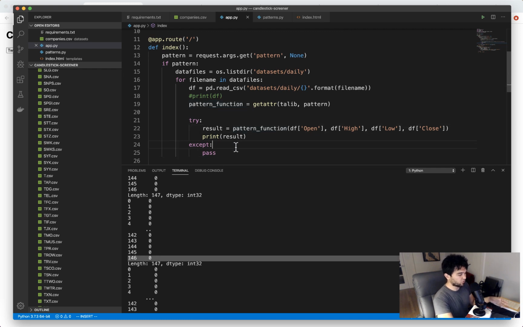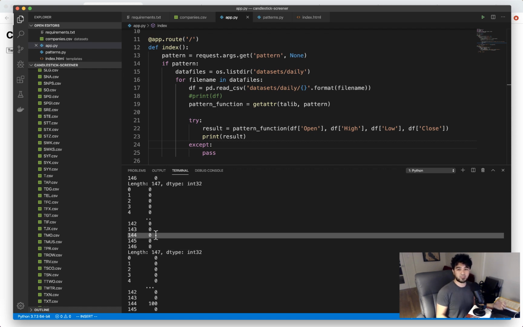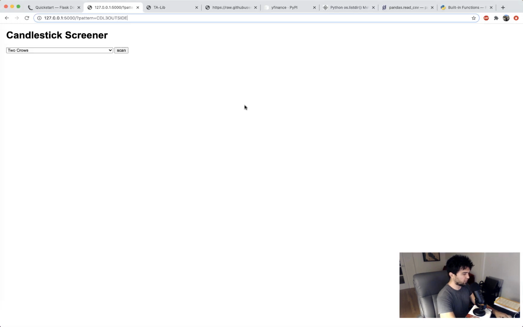And so I want to filter this down and see the non-zero values. So TA-Lib returns a 0 if the pattern is not detected, and it'll return a non-zero value if the pattern is detected. And so let's try to focus on the last result. So we have our result. And so what I want to do now is say the last candlestick is equal to result dot,